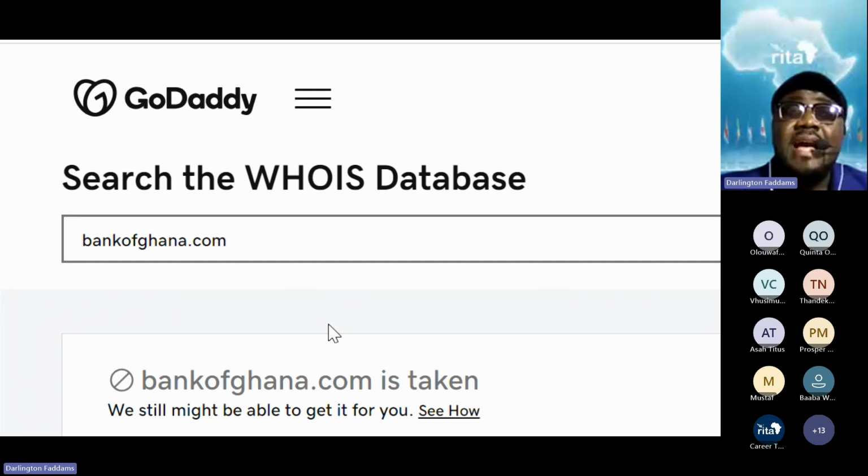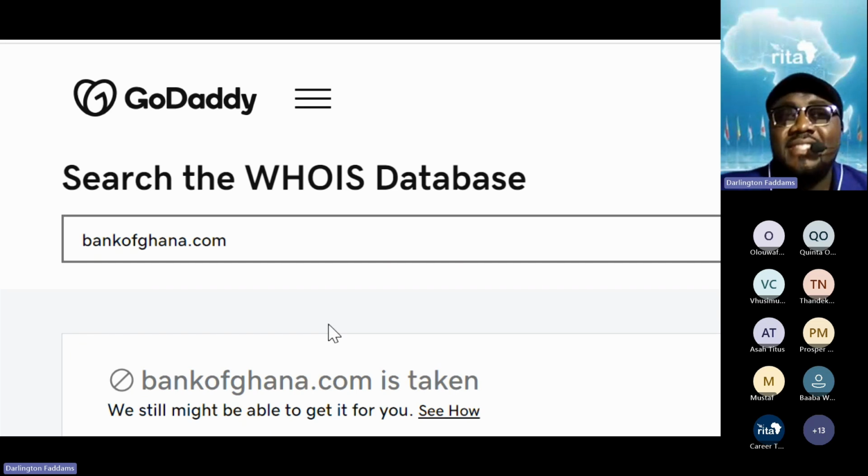And it was left with about less than 30 days to expire. I said, what? Bankofghana.com was registered by an individual and is going to expire in 30 days.